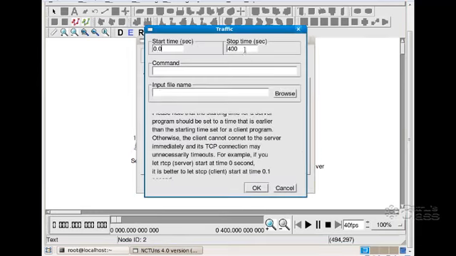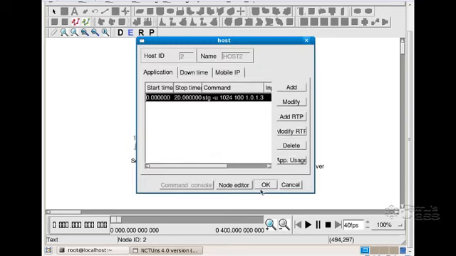Press add, change the simulation time to 20 and write the command as stg -u 1024 100 1.0.1.3. So click on OK.